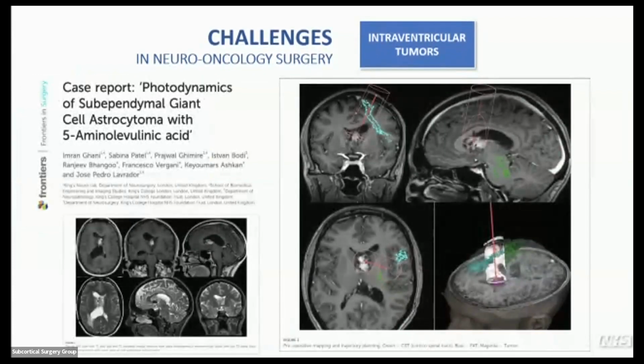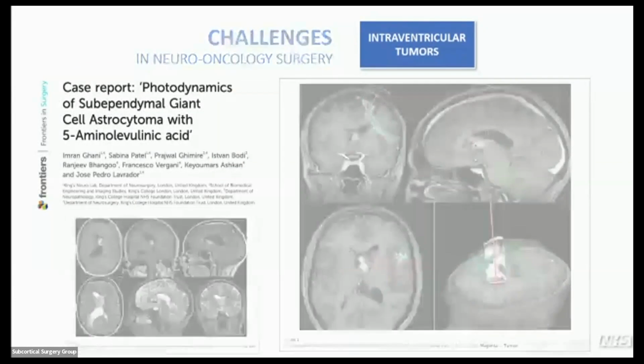This is a case that we published 2 years ago. It's another intraventricular tumor, this time in the anterior part of the ventricle. In these cases, we always choose the anterior corridor, so the superior frontal sulcus. This is an approach where you have to think about the corticospinal tract, the frontal aslant tract, FST, and how to preserve